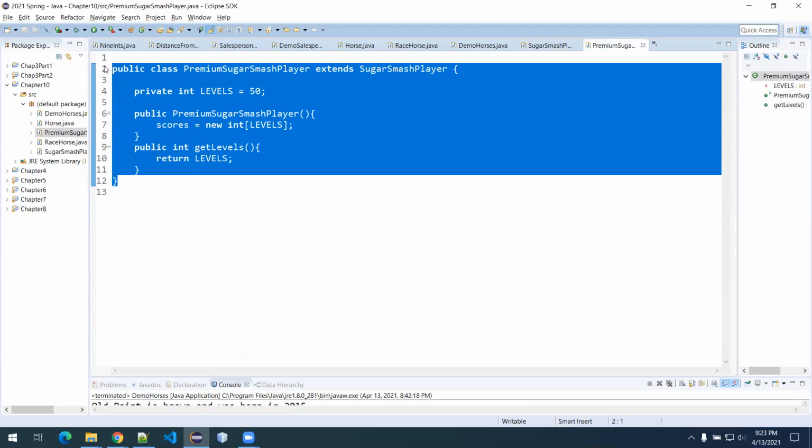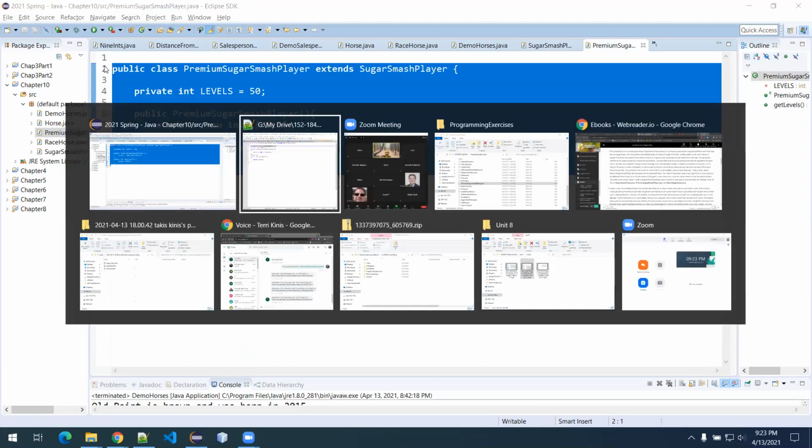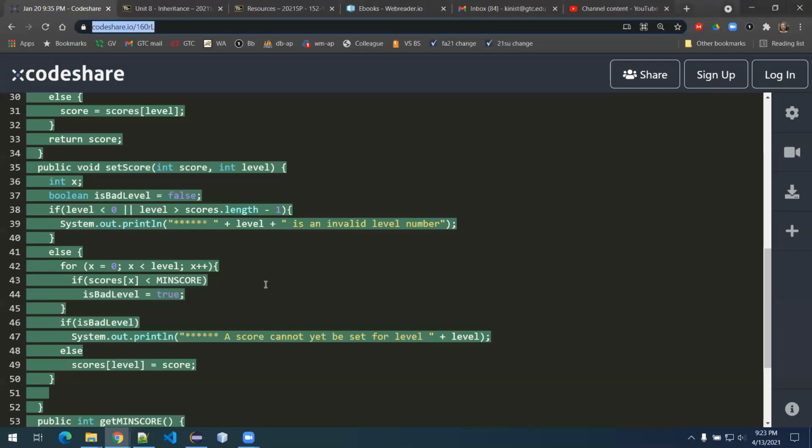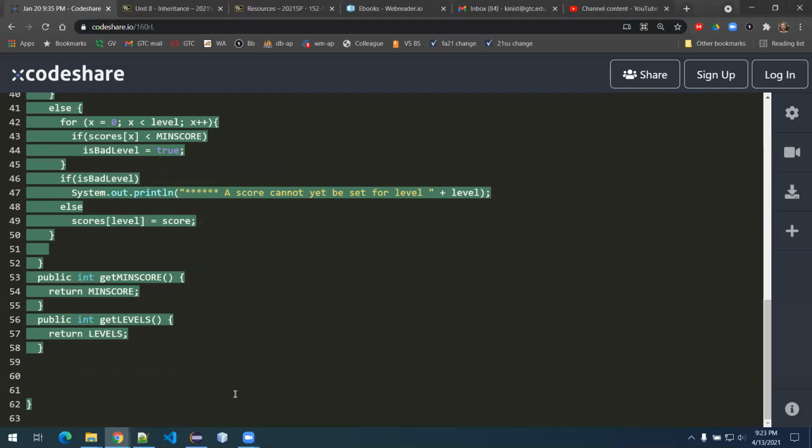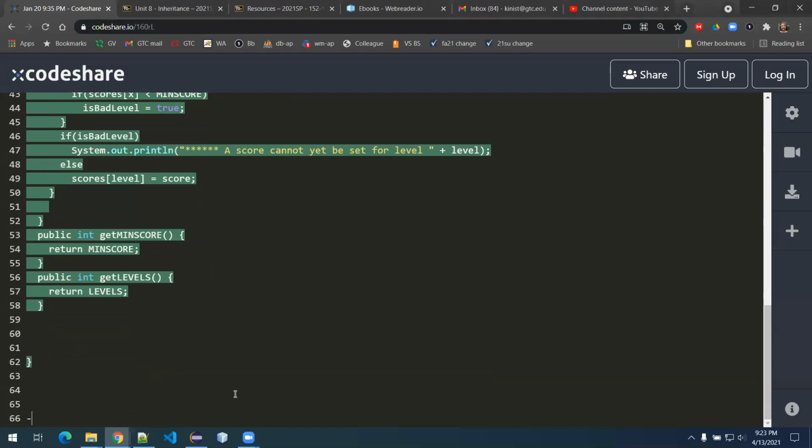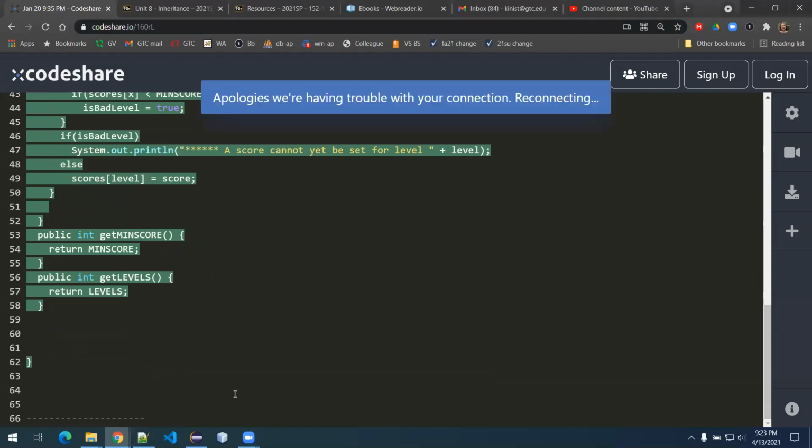So I'm going to go ahead and copy this. This is going into code share also. I'm going to be putting this at the bottom of the code share though, so you guys still have access to it. And to make sure that you don't confuse them, I'm going to put it below the